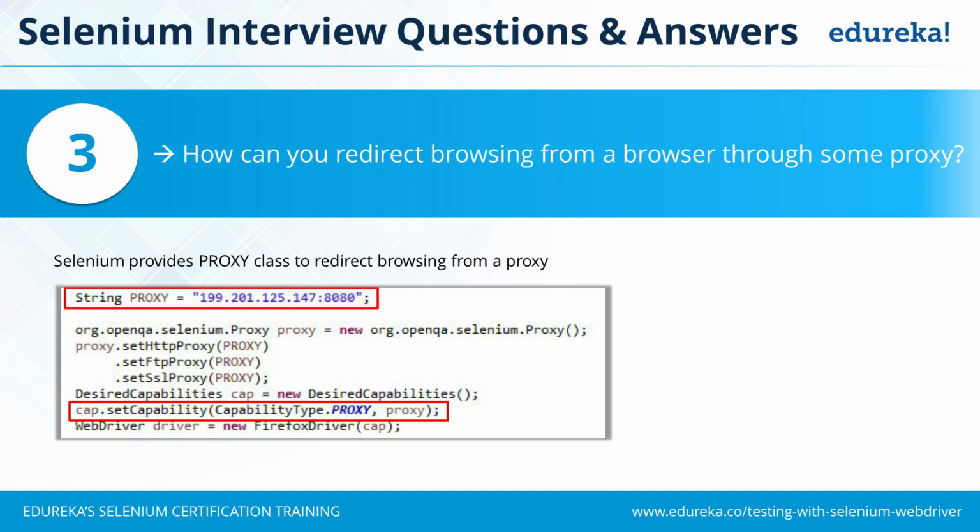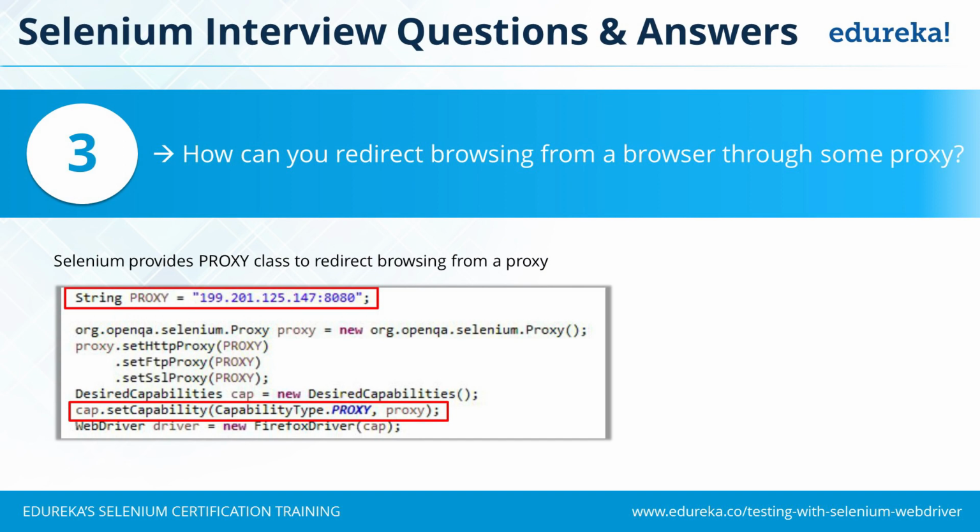So desired capabilities is one of the methods provided by Selenium so that you can start the browser with your own capabilities. That is, whatever parameters you want to set before invoking the particular browser. So creating an object of desired capabilities: DesiredCapabilities cap is equal to new DesiredCapabilities. Then I need to pass on this object of proxy that I have created so that it will be able to start my browser, and the browser will behave as if it is communicating through